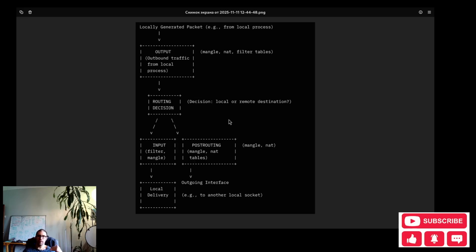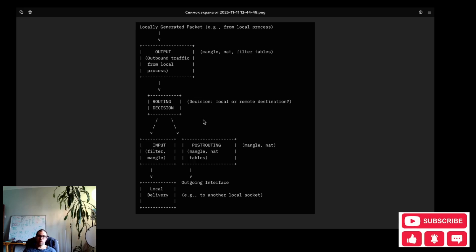But if it has a remote destination, it goes into the post-routing section, into the mangle and nat tables. Okay, and after this it goes to the outgoing interface. So this means that our machine produces a packet, and this packet is going somewhere into the world.